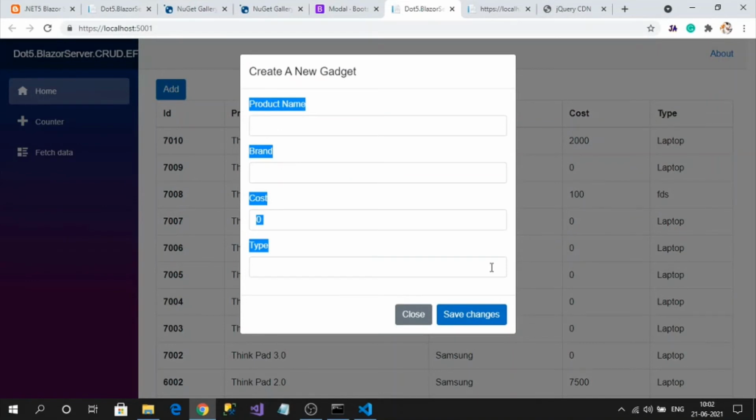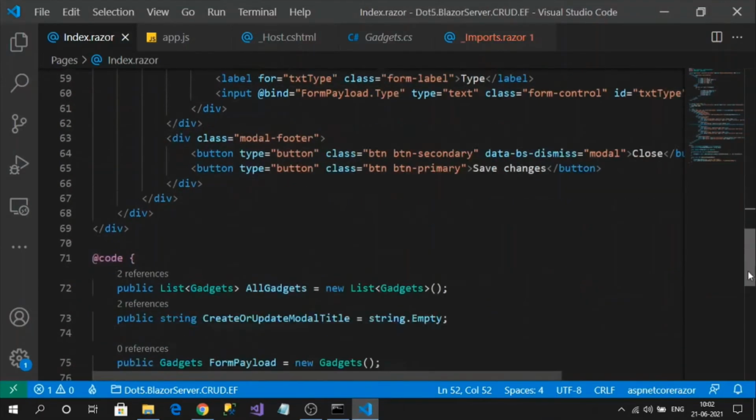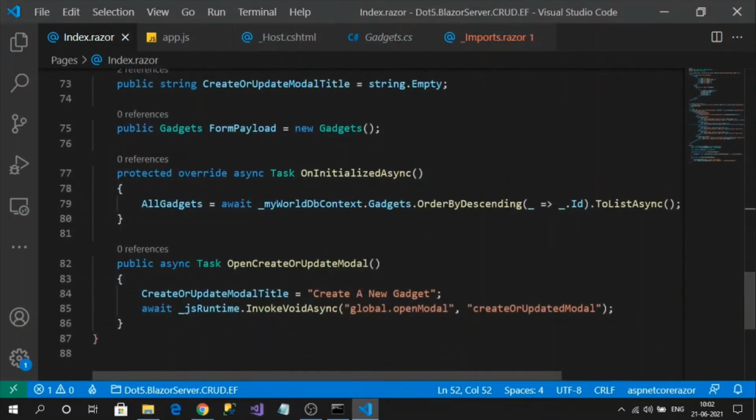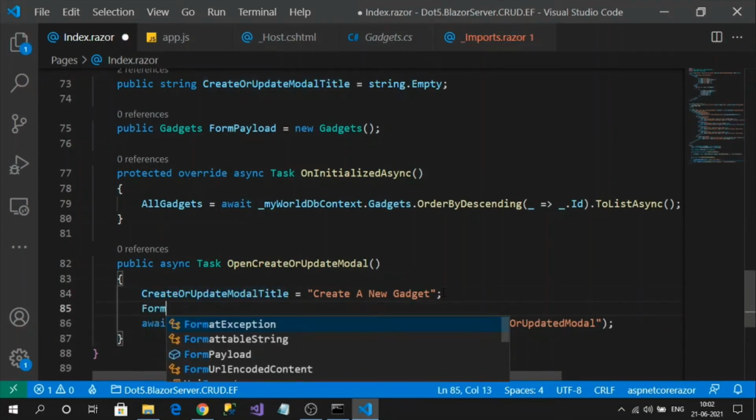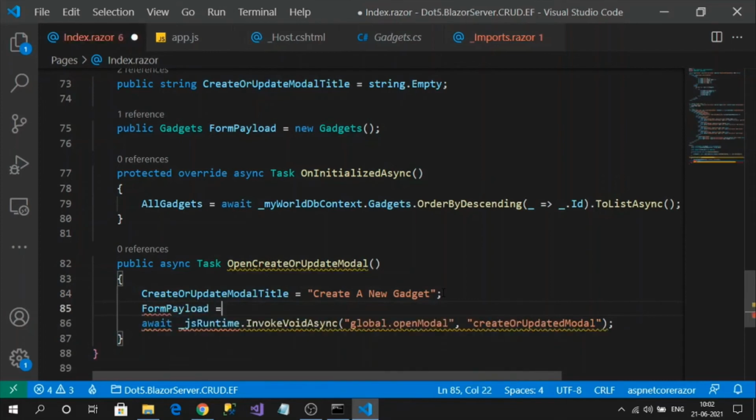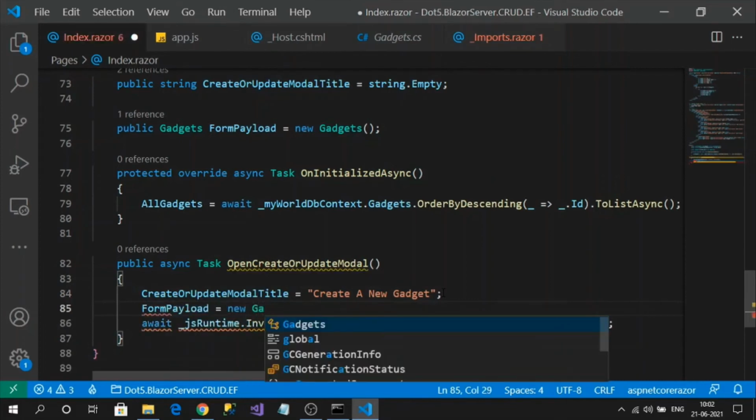So now I need to work on these buttons. One is on save changes. I need to save it to the database and reflect it in the table. On close, I need to dismiss the pop-up. So first let's work on create. Along with the title, we will do one thing like form payload equal to new Gadgets.